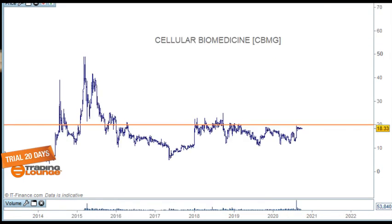Let's move on. This is a weekly chart here, Cellular Biomedicine. I haven't got this weekly chart labeled, but the point here is the major trading level 20 here. So the major levels are 1, 2, 3, 5 and 8, and then up to 100, and then 200 and 300. But the main point here is that you can see the market is still under the level,